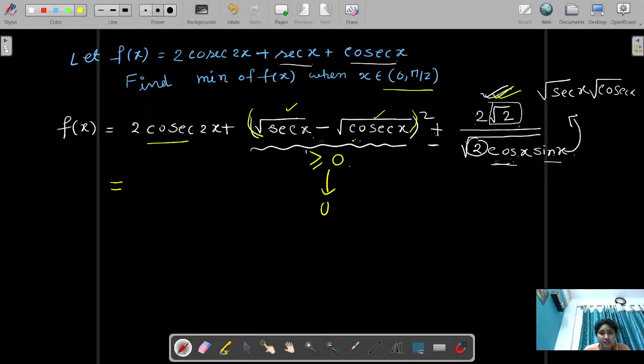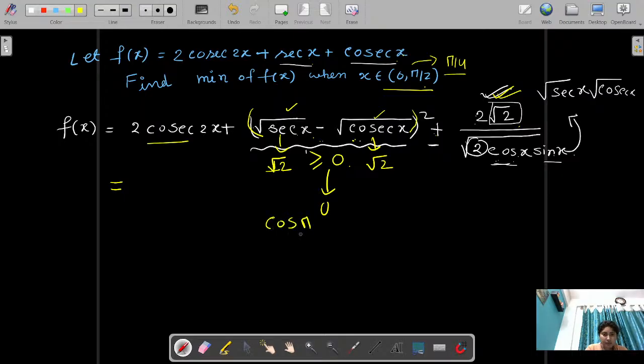See, between this interval open 0 to pi by 2, minus pi by 4 lies in this interval. Okay, and if I put pi by 4 in the place of x, I will get here 1 by root 2, so I will get only root 2. And in place of cosec x also, what will I get? Root 2. So root 2 minus root 2 will be 0 then, because we know that the value of